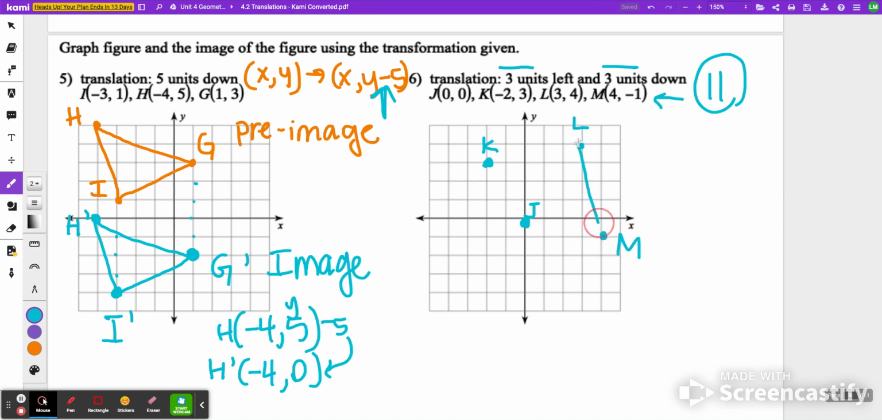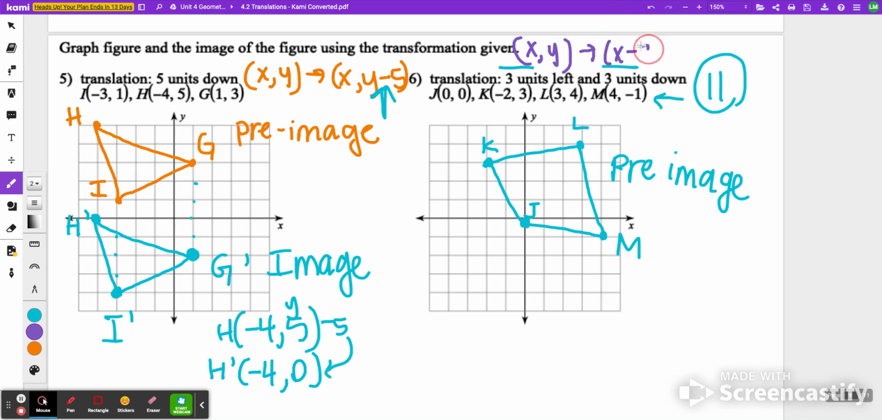I'm going to go ahead and connect all my points, and then I'm going to change my color so you can see how that's going to change from the pre-image to now the image. Okay, keeping in mind my translation is going 3 units left, so that means I'm going to take my X coordinates and -3, and 3 units down means I'm going to take my Y coordinates and